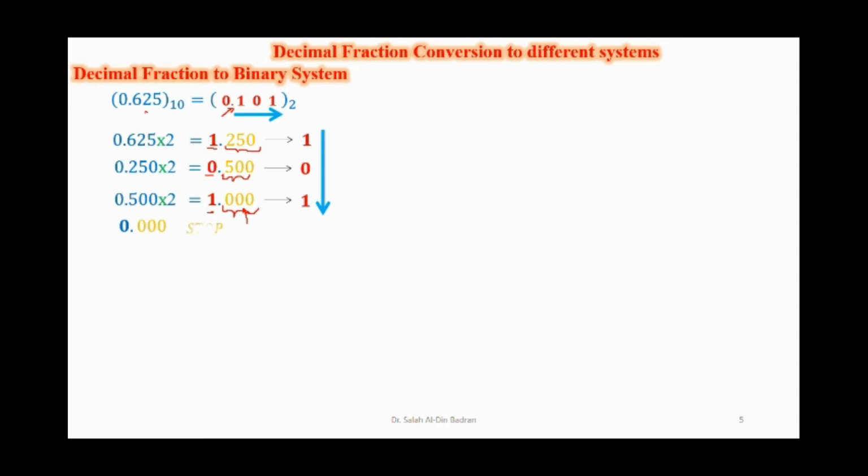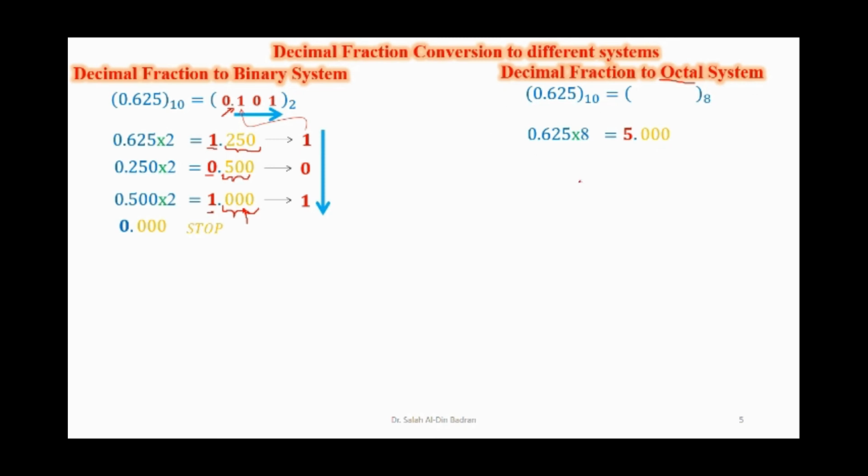So 0 is here, it means stop. Now, another operation for another system. Conversion from decimal fraction to octal system. We will use repeated multiplication by 8. Repeated multiplication by 8. This is the result